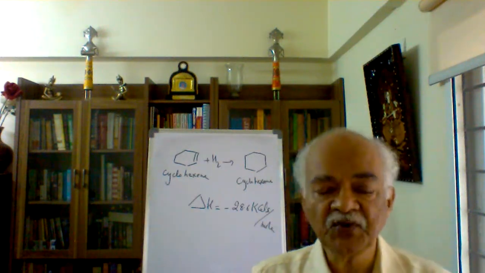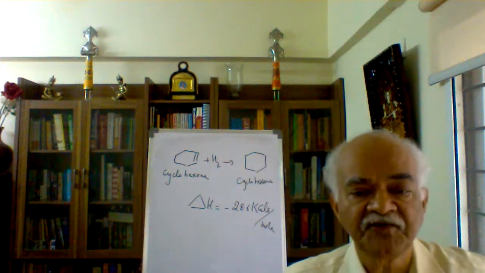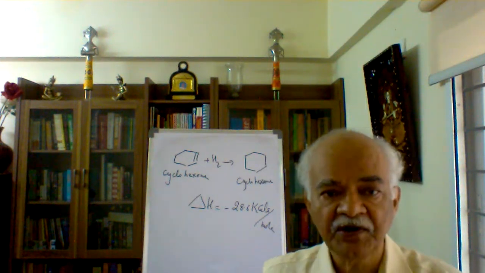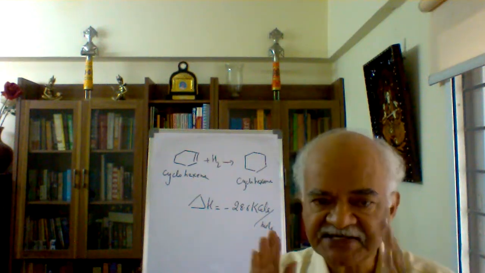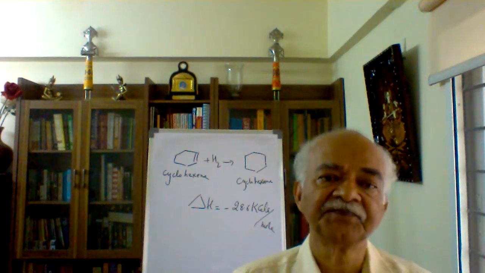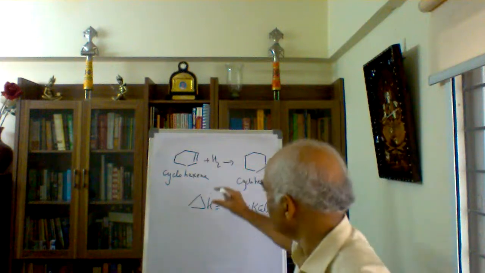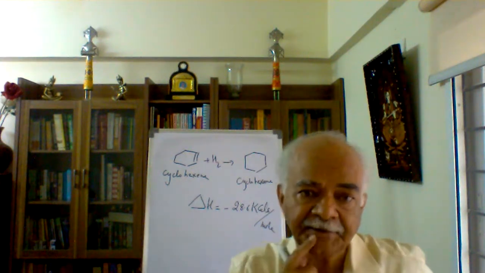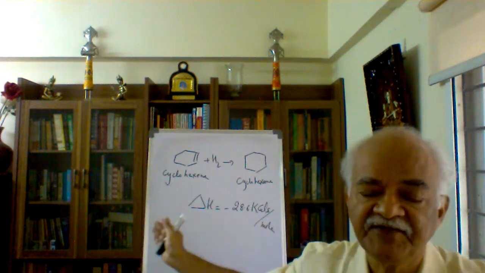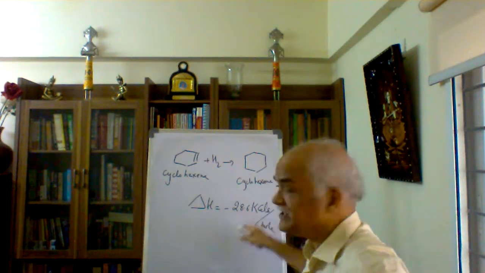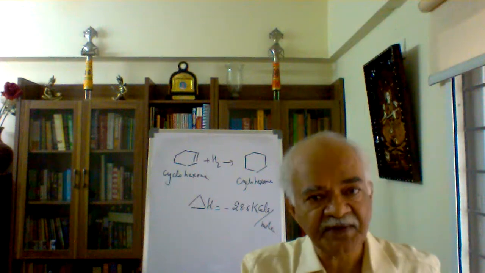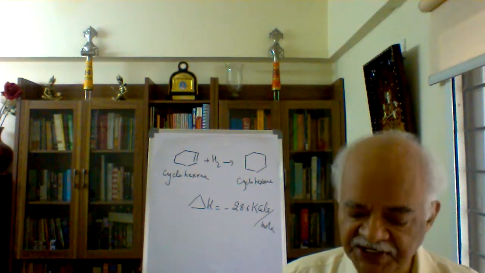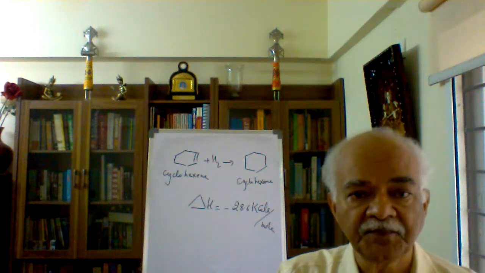Estimation means I have to go back to Hess's law of thermochemistry, which is part of the first law of thermodynamics. Remember, in Hess's law, we have assigned for each bond a specific energy. Therefore, I can work out the energy of this and estimate the amount of energy that is liberated. So I have this measured, theoretically estimated, and experimentally I am also getting the same thing. Nothing wrong. That is the behavior we normally associate with an isolated double bond.